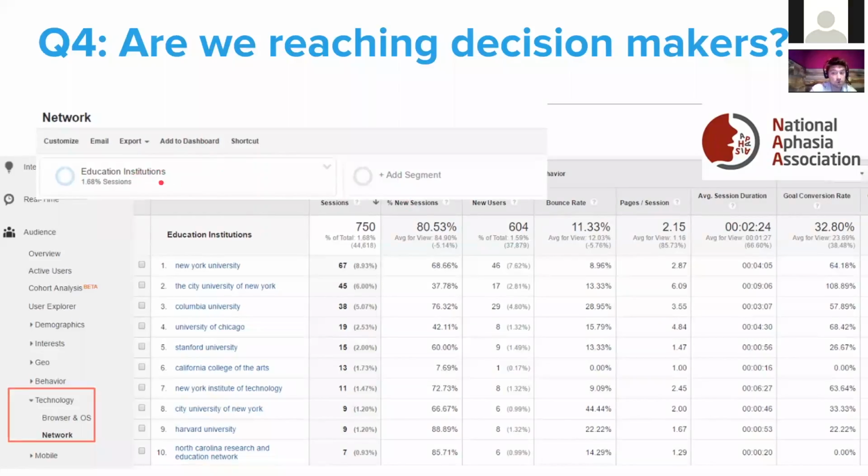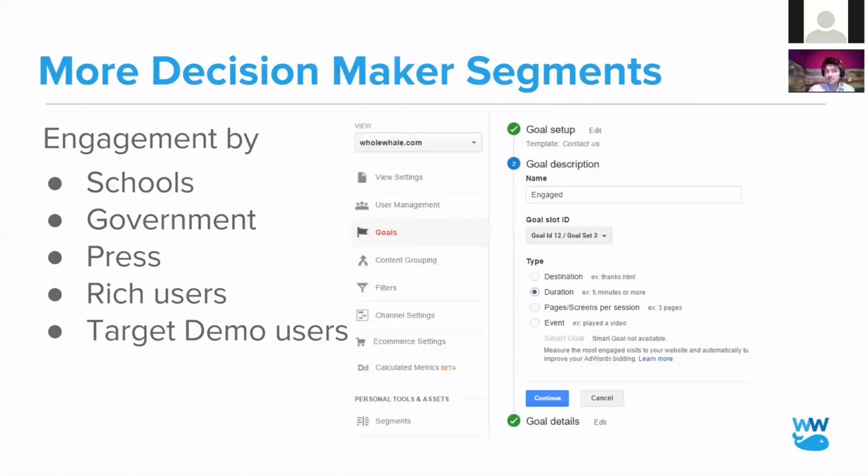We've created a segment here, just like the rose-colored glasses I showed you before. This is looking at network-based traffic to our website. And this is created by going to Audience, Technology, Network, and then running a filter on that network, looking for .edus in the network. So yes, you may be saying to yourself, holy cow, that is so creepy. You can see the network that people are coming from, but you know what? Use it for good. And you can tell then, oh, cool, we had this many sessions from NYU versus Stanford. And what are they doing? Where are they going? You can answer all of those questions. What are the decision makers doing? And guess what? The cool thing is you can do this for governments as well.